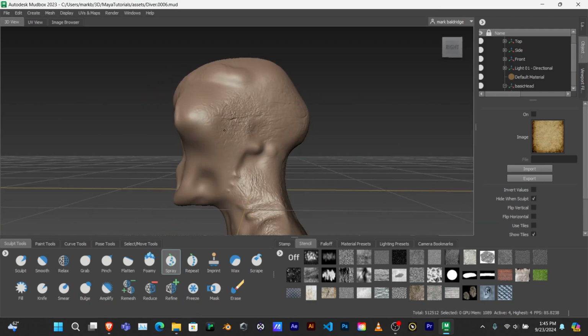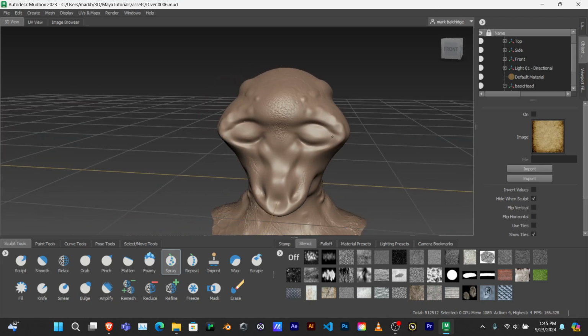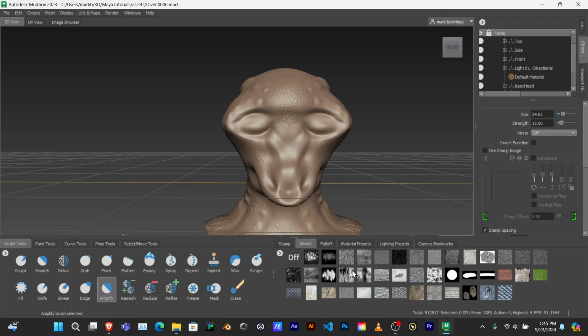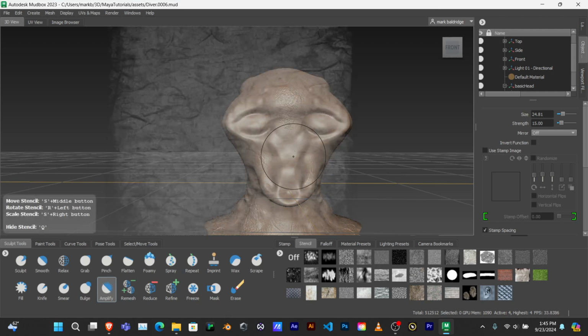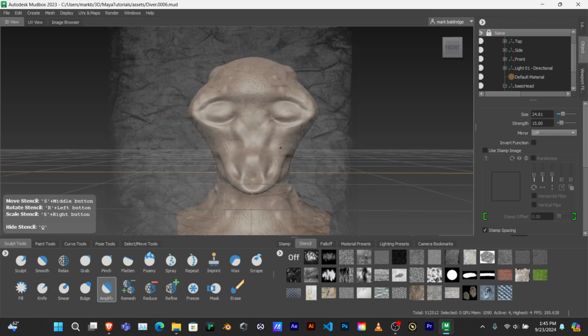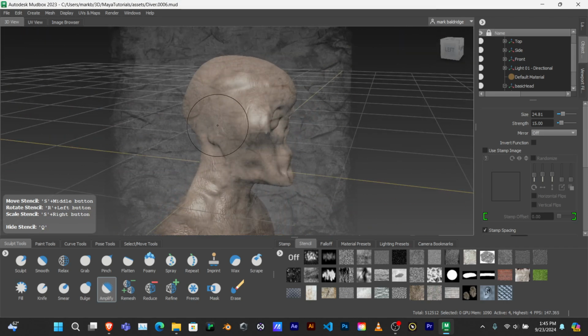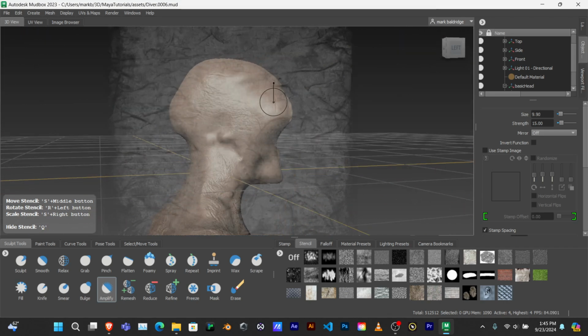I've got little creases here. I'm going to try something weird I haven't done before with amplify and hit Q. There's my stencil. So it's amplifying through the stencil. I don't really know what that means, but